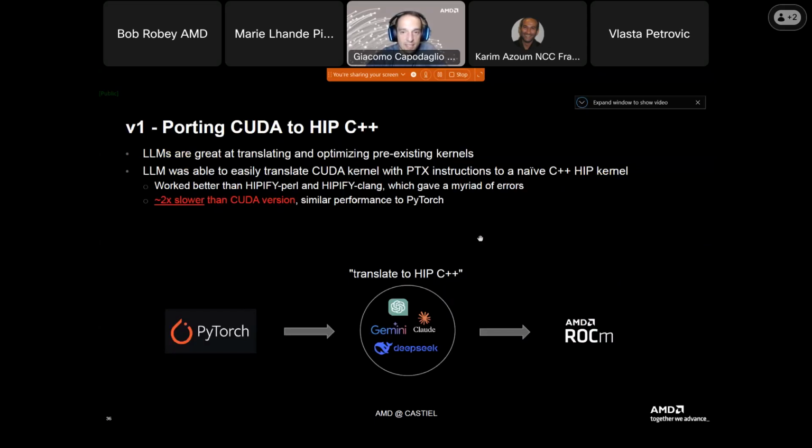And I think it's interesting because Kevin also used, as a first try, hipify-perl and hipify-clang, which are the usual tools that you would use to hipify your code. But because that CUDA kernel had PTX instructions, those tools actually didn't work quite as one would hope. However, with the LLM, he got very good